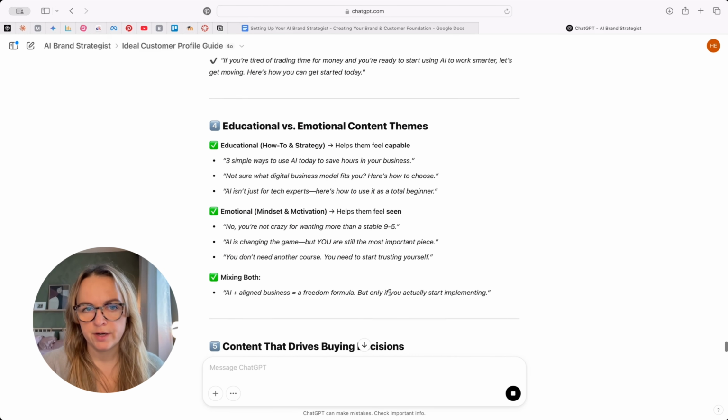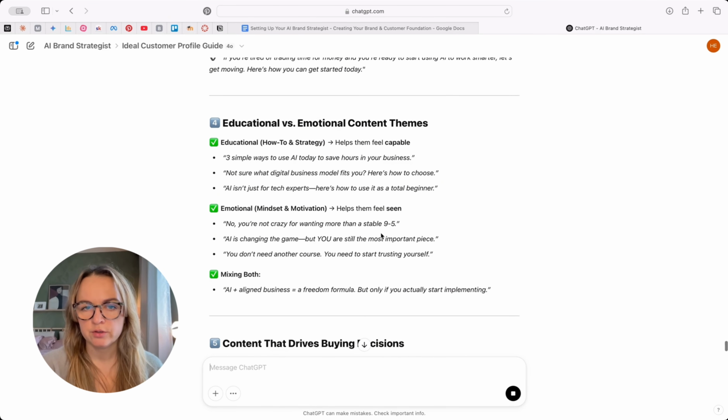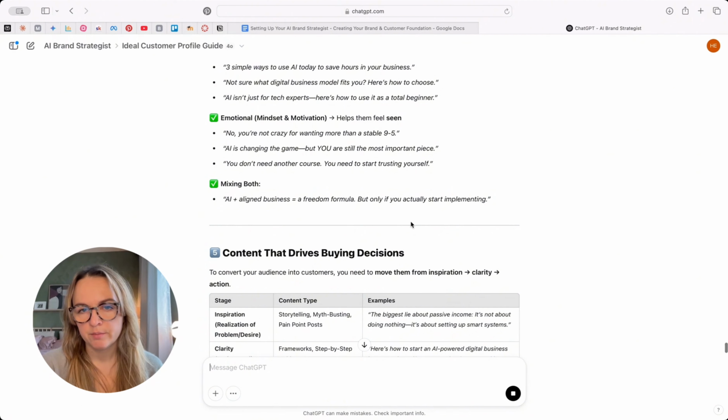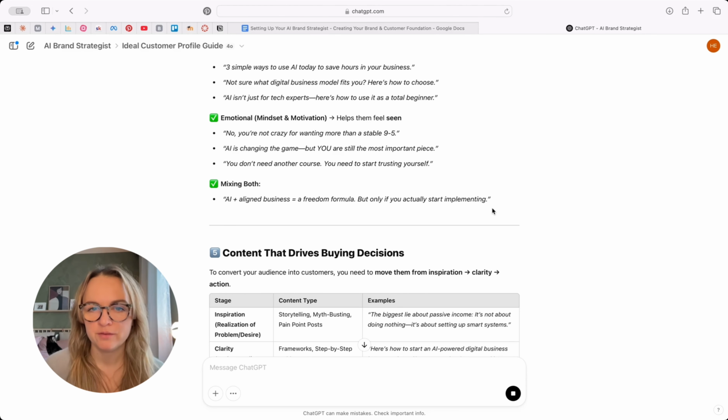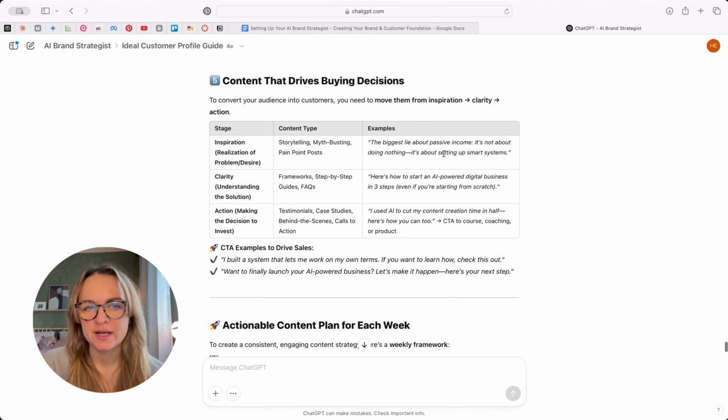It continues to create the educational, emotional content themes, mixing both. This is my core message, right? AI plus aligned digital business is my way of achieving freedom, and it only works when you start doing it, not get stuck like I was for years. It gives some examples of the content types, right? That is something I really appreciate.